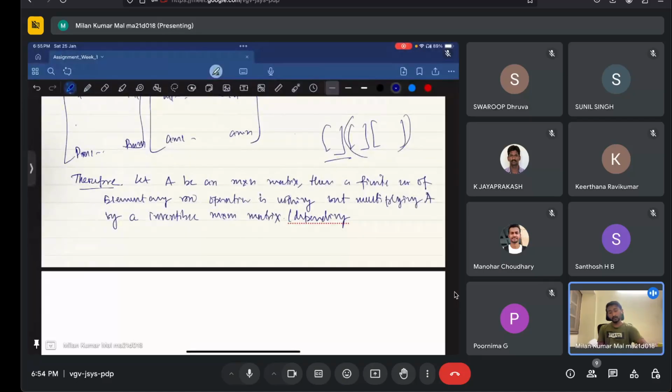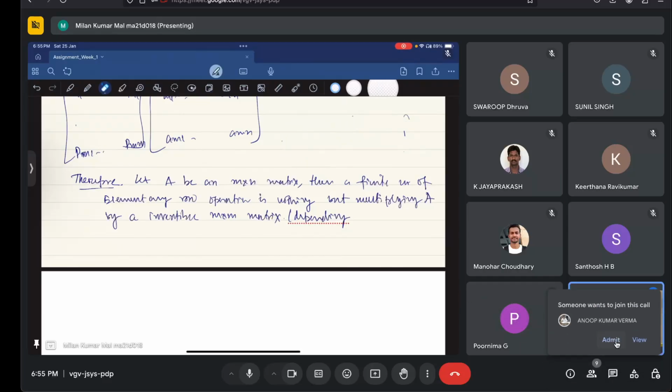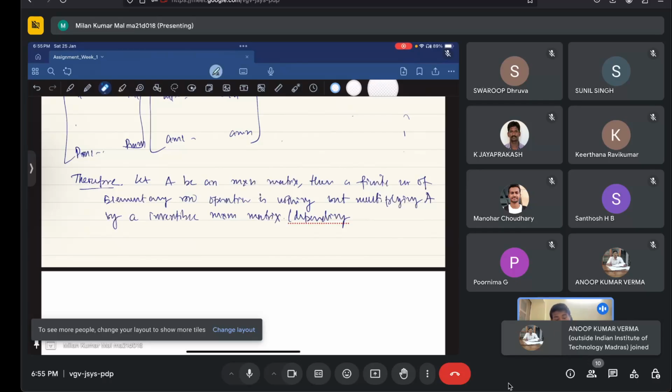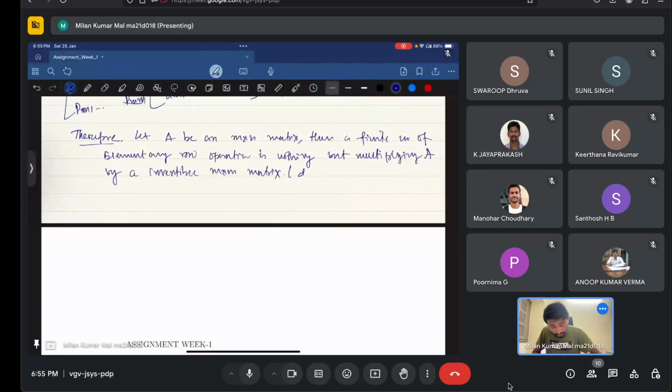In that way, ultimately, if we go through a finite number of steps, this is equivalent to multiplying one matrix to this main matrix A. These matrices combine to form the matrix P. So this depends on the elementary row operations. And conversely,